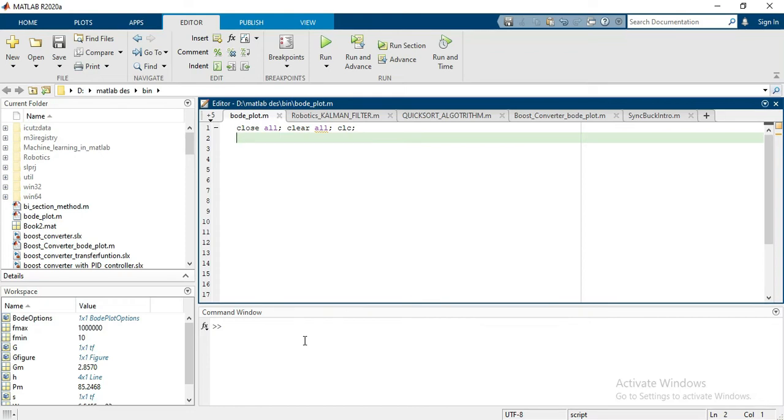Today's video we will talk about the Bode plot and we will see the gain margin and phase margin crossover